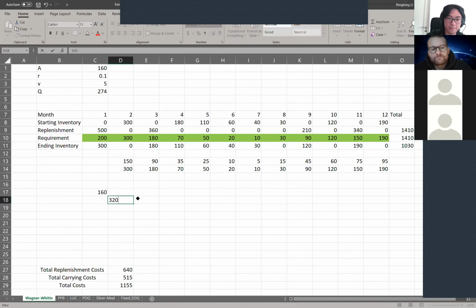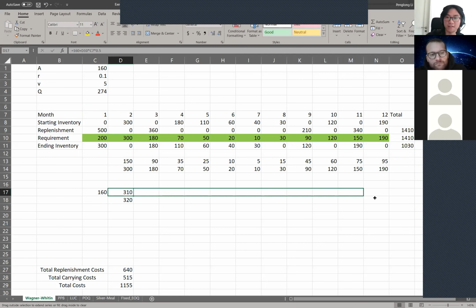And then this number is calculated by 160 plus this requirement multiplied by 1 multiplied by 0.5. And then you drag this along until the